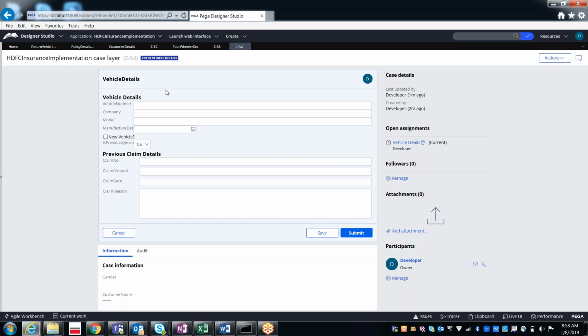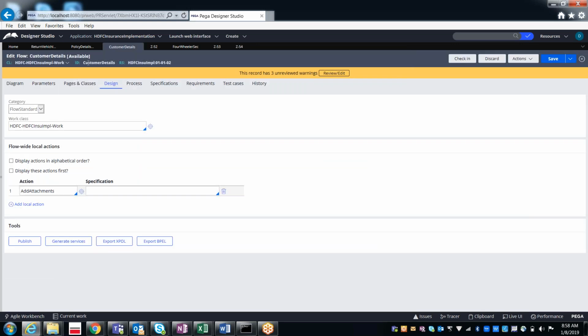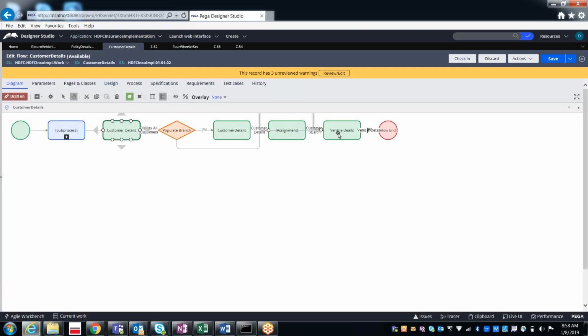Nice. So we applied this for the customer details flow. Under the customer details flow we have given add attachments. So for the assignments in this flow it will be applied, but not for the subflow.